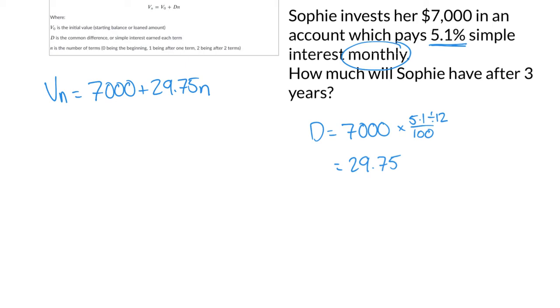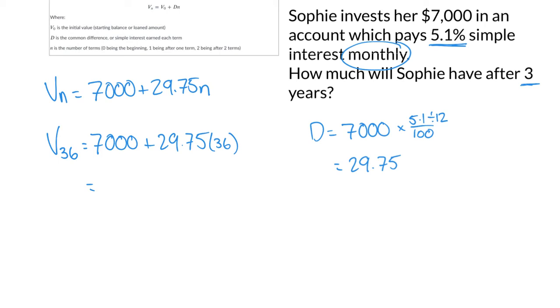So if we wanted to find out after 1 month, we'd put a 1 in the n spot. If we wanted to find after 1 year, we'd have to put 12 in the n spot. So this question asks, how much will Sophie have after 3 years? So to use this recurrence relationship, we're not going to find V3, we're going to find V36 because 36 months is the same as 3 years. So let's have a look. 7,000 plus 29.75 multiplied by 36. Or really what we're doing is we're adding 36 lots of